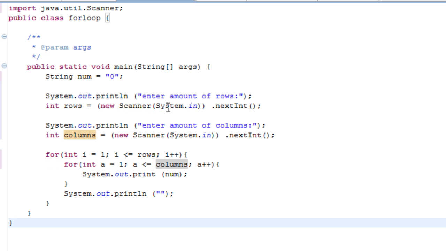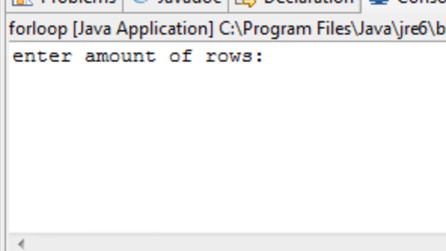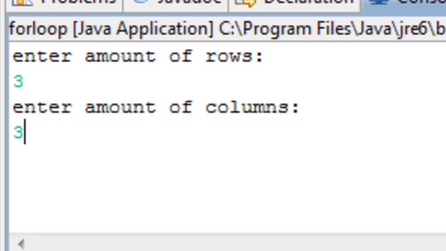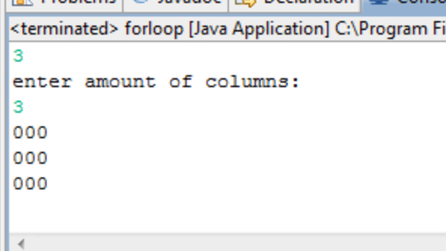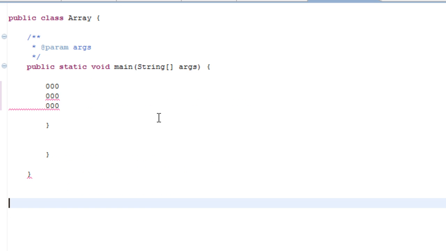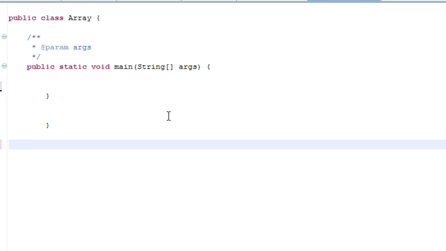So if we try this again, I want there to be 3 rows and 3 columns. Now it prints out a 3x3 grid. You can even use this with arrays. For example, if you create an array, let's say